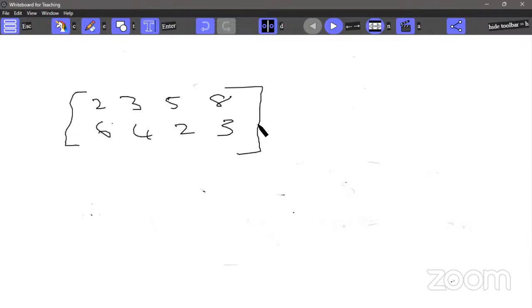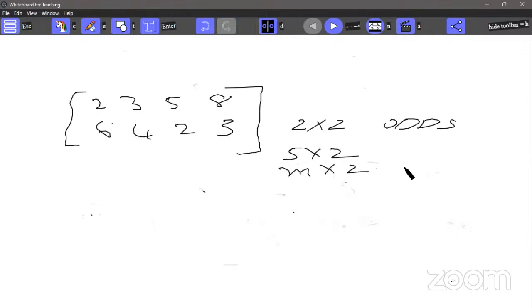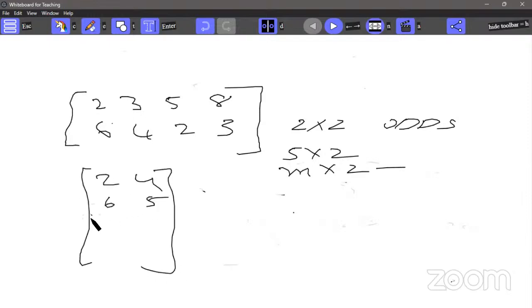But you have to use some other method to get the solution. If it is reduced to a 2 by 2 matrix, you can use the odds method. If it is 5 by 2 or 6 by 2, maybe I can write m by 2 matrix, you can solve by the graphical method. If it is reduced to something like this, suppose 2, 4, 6, 5, 3, 9, where it is 2 by